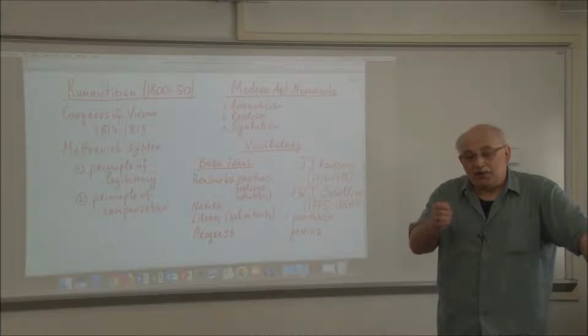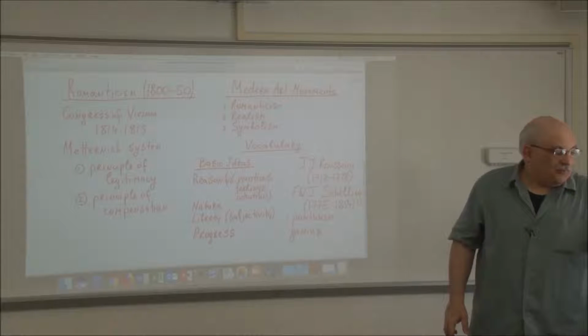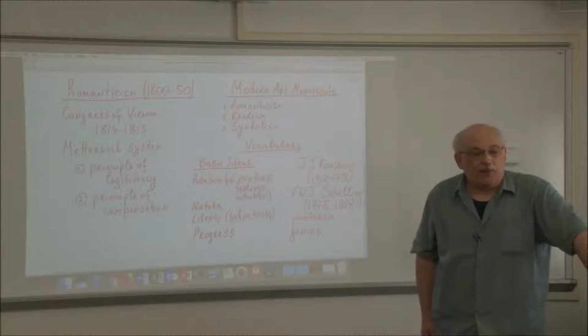Let me add to this a couple of other details. The idea of truth and the idea of a genius. For the Enlightenment thinkers, truth was quite simple. Truth is given to us by science and by reason. Truth is objective and universal. When discovered, it is accepted by everyone.